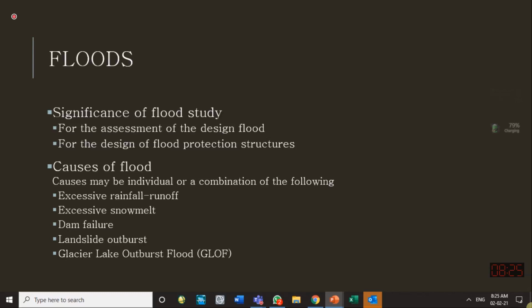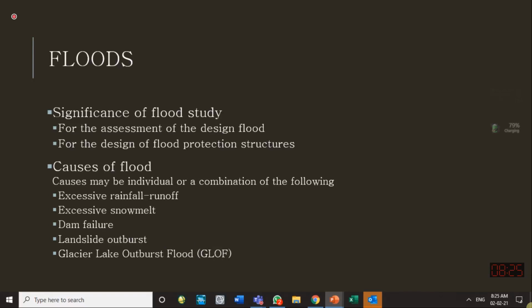When the flow is restricted in the river, then a reservoir-like condition is created on the upstream side. And sometimes when the season changes and temperature rises, that ice and debris give way to water, and a dam-break-like condition occurs. So a GLOF flood is because of the breakage of the dam made by the glacier. If that glacier melts, the flow is released on the downstream side, and like a dam break failure, this GLOF also can cause huge flooding on the downstream side.